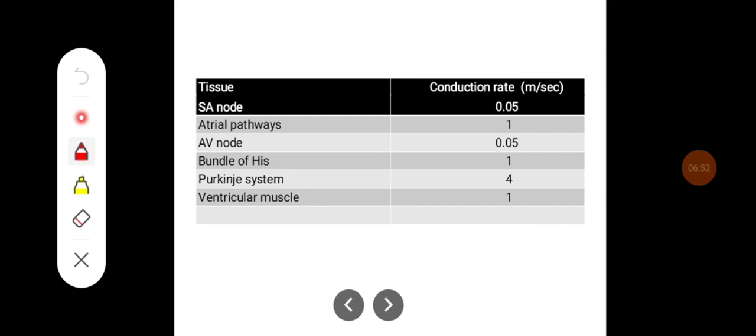This table shows the conduction rate, conduction velocity at different nodal tissue. SA node is 0.05 meters per second. Atrial pathways it is 1. AV node it is 0.05, where there is a delay which is called as AV nodal delay. In bundle of His again it is 1 meter per second. In Purkinje system it is rapid, that is 4 meters per second. In ventricular mass it is again